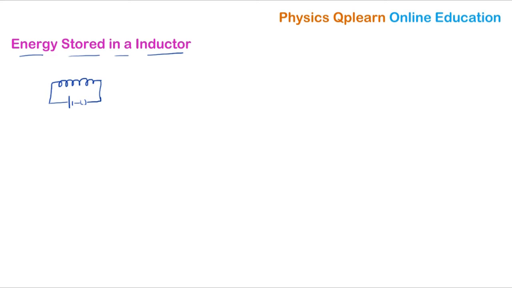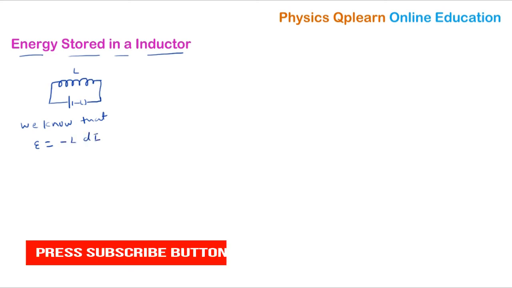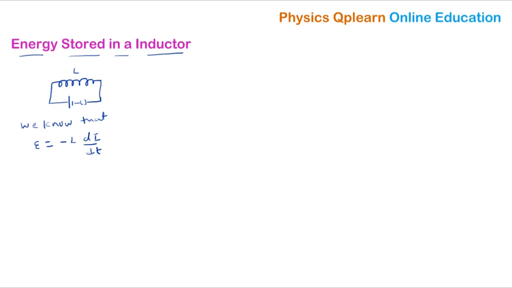Circuit is closed. Now, what is L? L means the inductor, that is the self inductance. So one of the things we know is the self inductance of the coil: EMF is equal to minus L into di by dt. Here L represents self inductance, which is a constant. The minus represents the induced EMF in the coil, which opposes the flow of current.